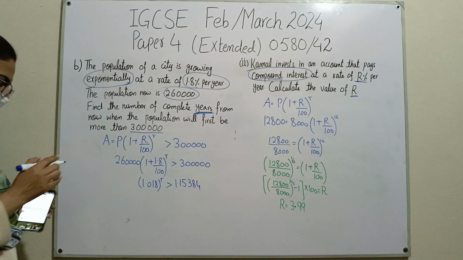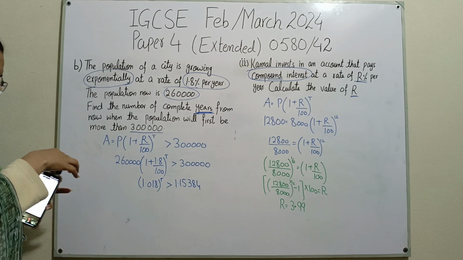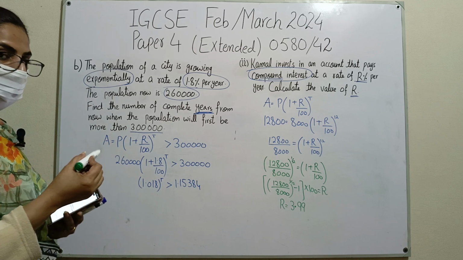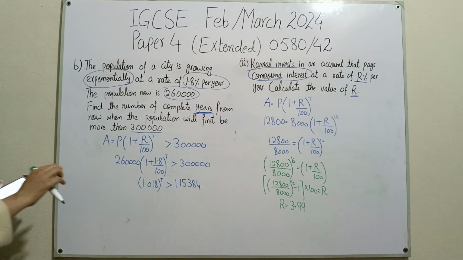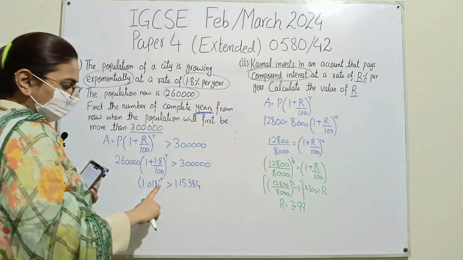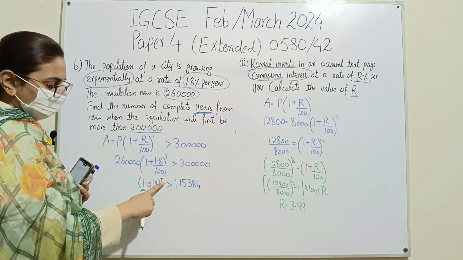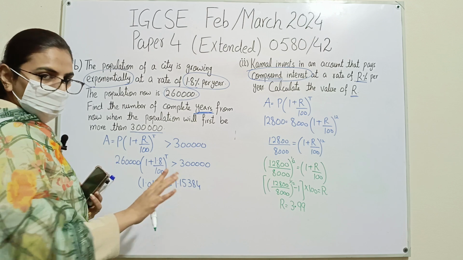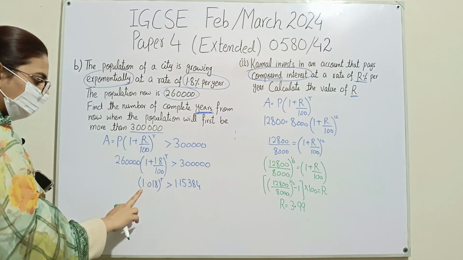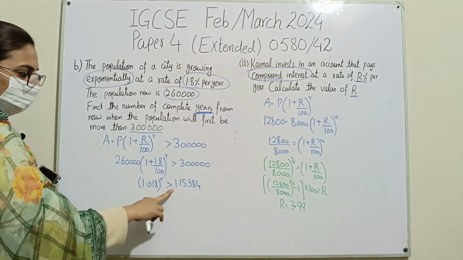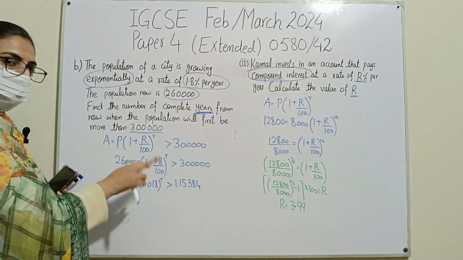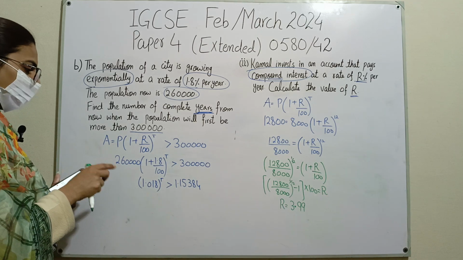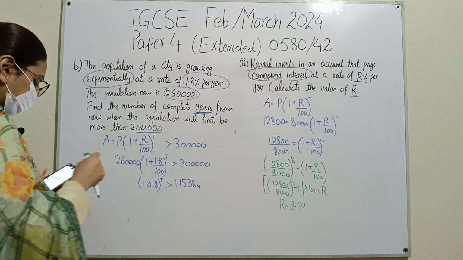Now here two techniques can be followed. You can use a logarithm, but I will suggest you use the random value substitution process in order to get a more accurate answer. Try to substitute the value. When you have the value of t as 1, it will be 1.018, greater than 1.15, and this is not the correct statement because 1.018 is not greater than 1.15. Then substitute 2, 3, 4 and so on. Keep going until you get a value greater than this one.